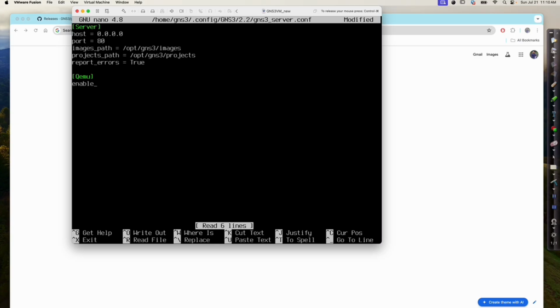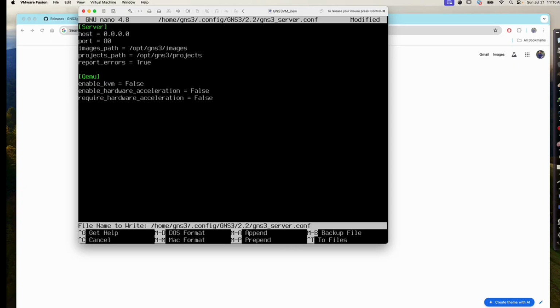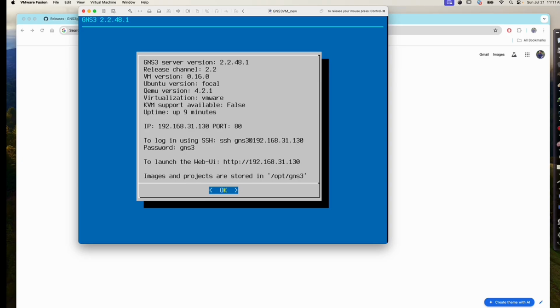Now let's go ahead and add a few more lines here: enable KVM equal to false, enable hardware acceleration false, require hardware acceleration equal to false. Now press Ctrl O to save it and Ctrl X to quit. Now we can go ahead and launch this web UI